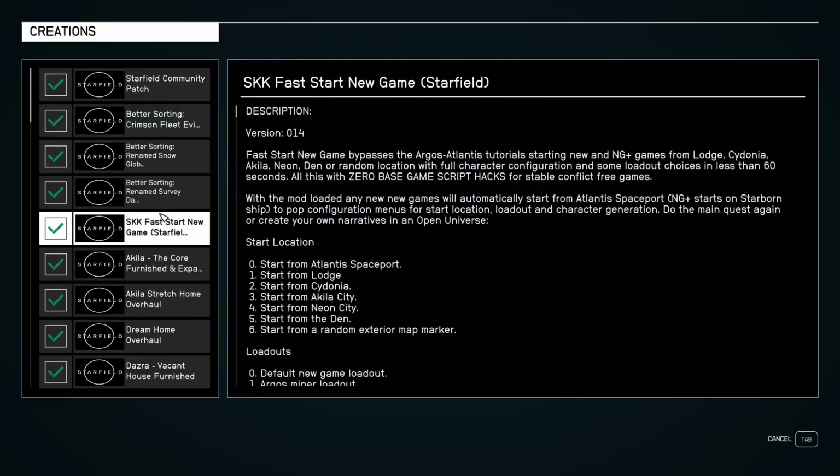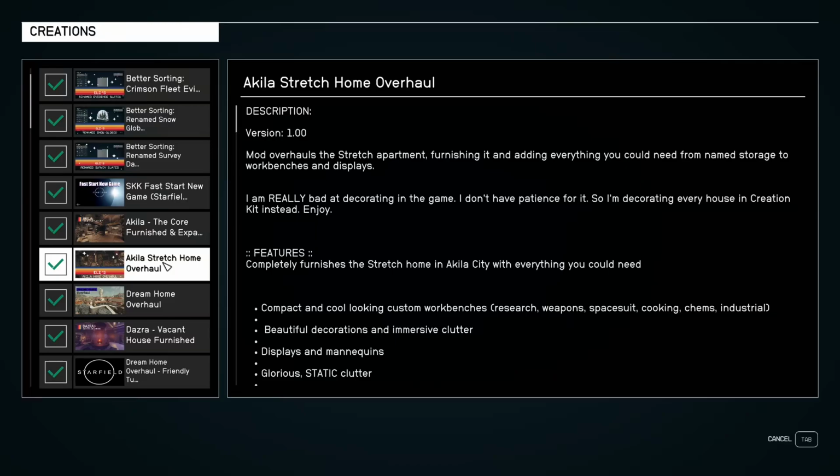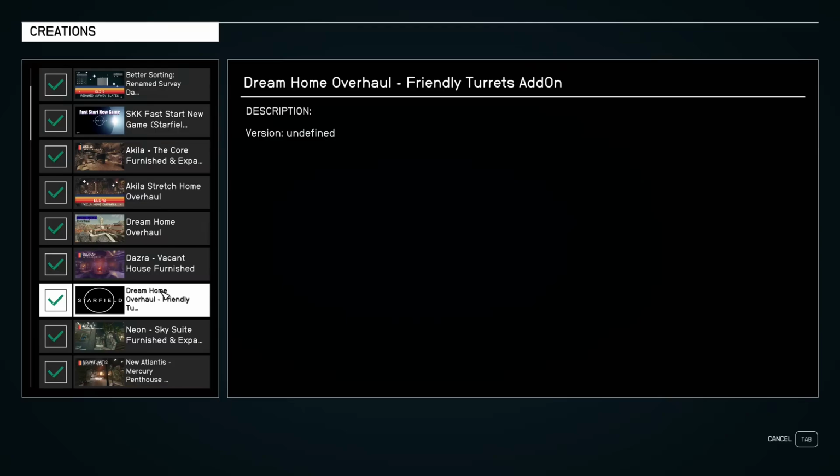Check the list in the description for more details. But yeah, so we got the Keela core, which is created by Nira, I think his name is. We already had this one. We already had that one. But we installed as well Dazra. We haven't got there yet, but that's okay. And the Dream Home